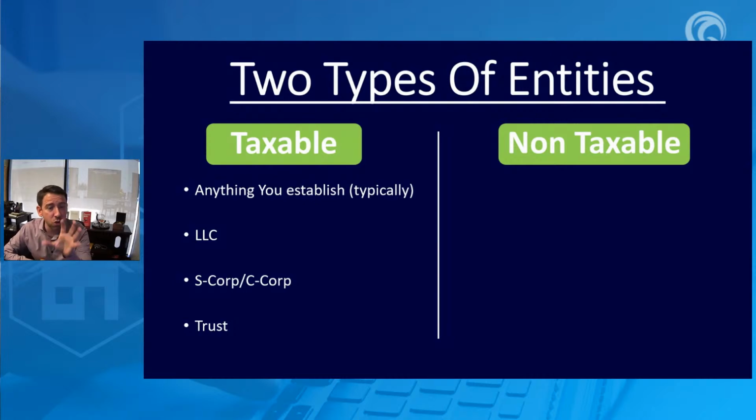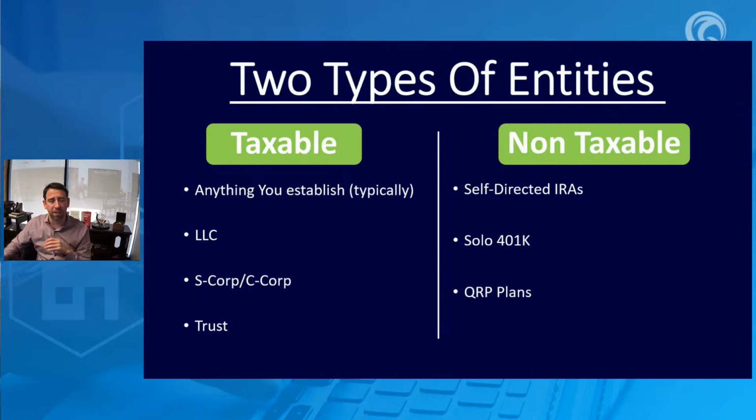Because believe it or not, we can use certain entities on a non-taxable side, things like churches, charities, right? Nonprofit organizations. But for us, it's going to be a self-directed IRA, a solo 401k, or maybe a QRP plan. Believe it or not, each one of these entities you see on the right side of the screen is truly a non-taxable entity. I can't stress that enough because any deal I do in my LLC is taxable. Any deal I do in my self-directed IRA is non-taxable today, sometimes truly tax-free forever.